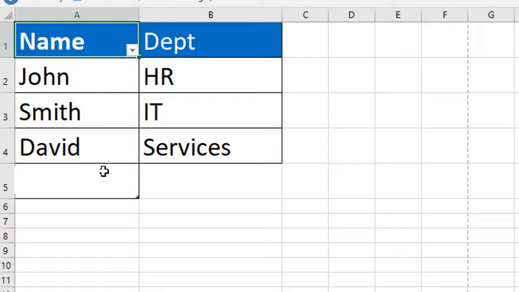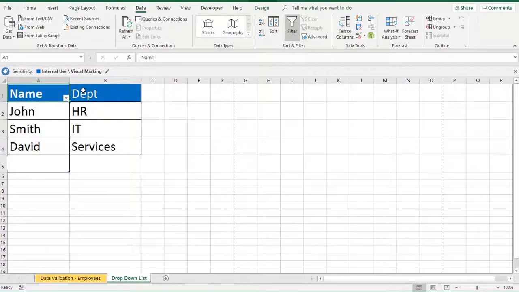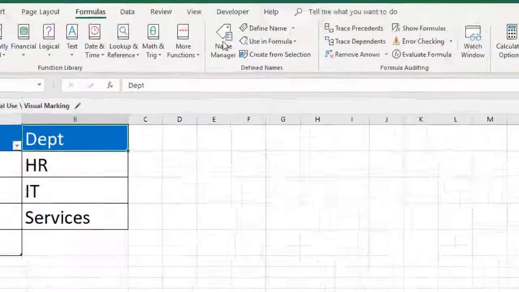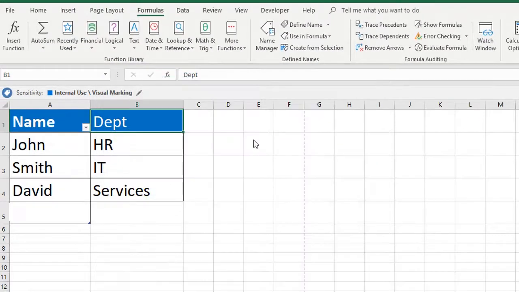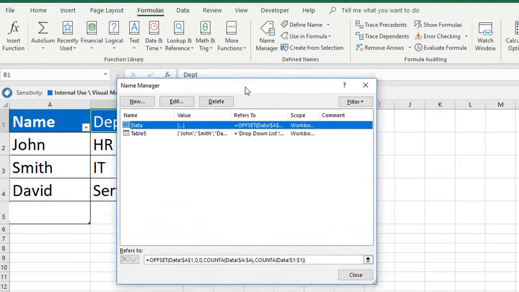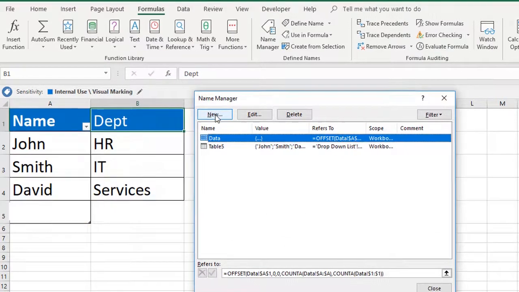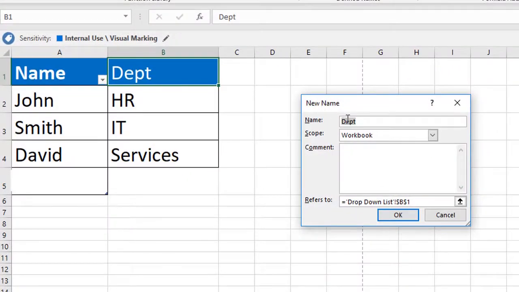Now the second option, by using the OFFSET function, we'll use department. Click on Formulas. You can see the option Name Manager. You can also use Control F3 to get the Name Manager window. Here I'm going to create a new one, which is Department. It has already selected the name. Refers to, this is very important. Here I'm going to use the OFFSET function. Offset, it refers to the first cell from HR, and column and row.